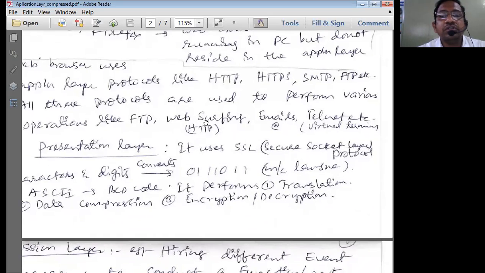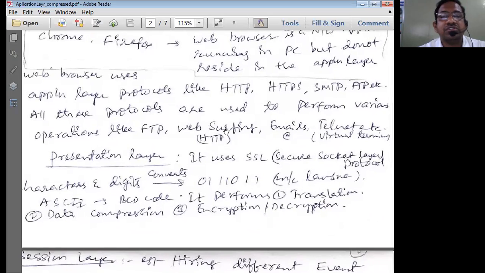These protocols perform various operations: file transfer protocol, web surfing, that is HTTP, emails using the @ operator, and telnet services. To connect virtual terminals, we use telnet.